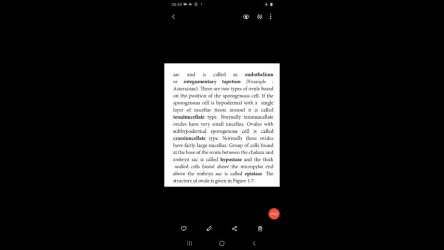Dear students, structure of ovule is the book back 5-mark question. The diagram of ovule is also very much important for 3-mark question. So kindly note down in your textbook. If you are having any doubt in structure of ovule, please ask me over phone. I will clear it. Next, we are going to see the types of ovule.